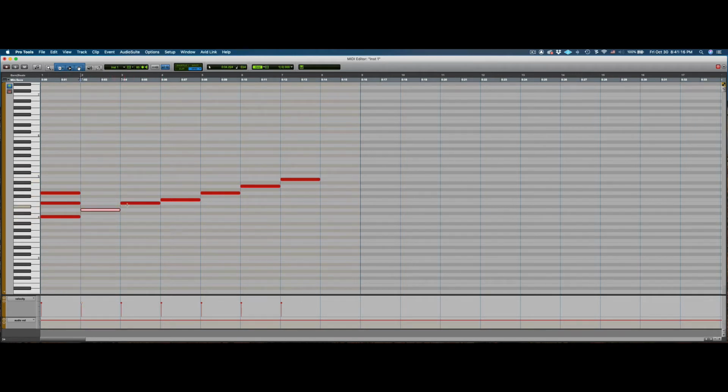So D, we skip E, and we get F. From F, we skip G, and we get A. Great. For E, we skip F and we get G. G, we skip A and we get B. Now for here, when it loops around and goes farther than we've gone, we'll just start back over from this side, but we'll do it an octave up, and I'll show you how that works in a sec, so don't worry. So here we have F, we get A, and then B is here, but we're going to do C